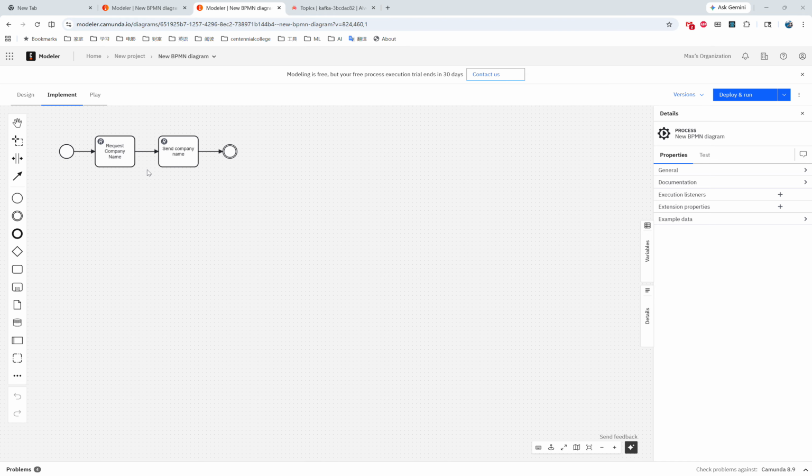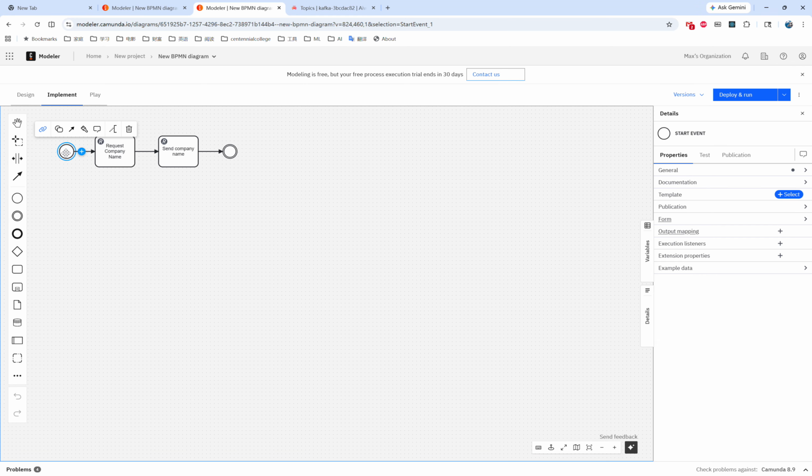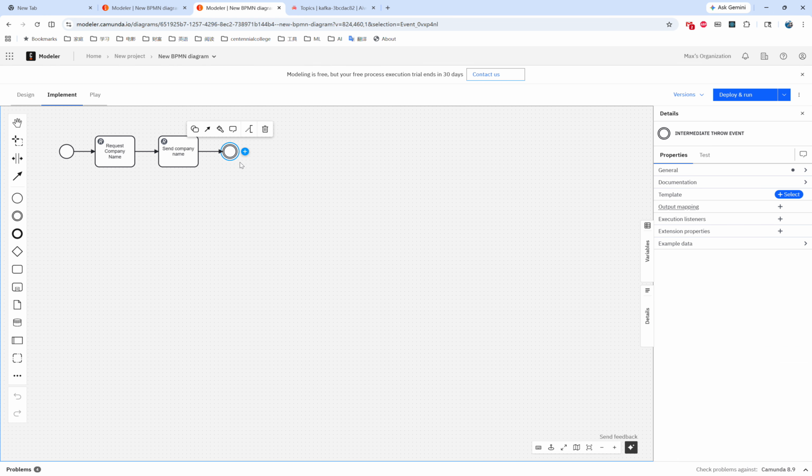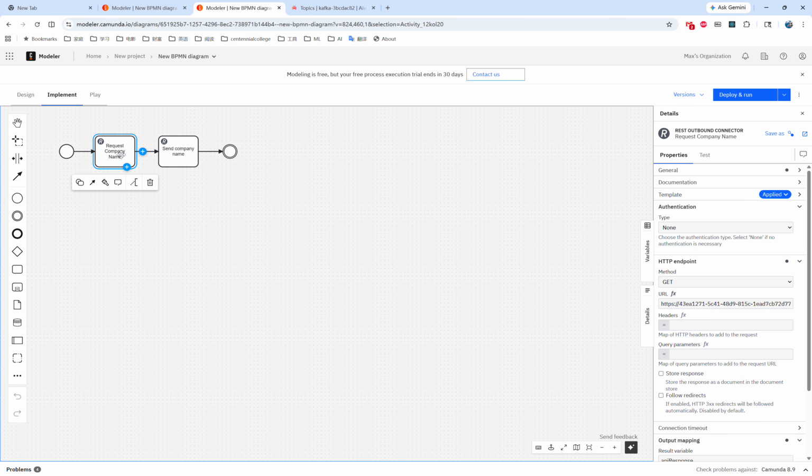the process starts with an event, followed by two service tasks using a REST connector, and finally, a termination event ends it. In the first step, get the company names. Zooming in, I'm using the REST